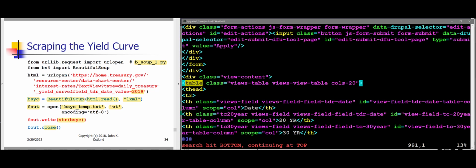Let me search for that again. Oh, this is really excellent. So I only have one table in this whole document. So TD is table data, and I only have one table. Excellent. So let me start trying to extract this table, and then I'm going to extract the information within the